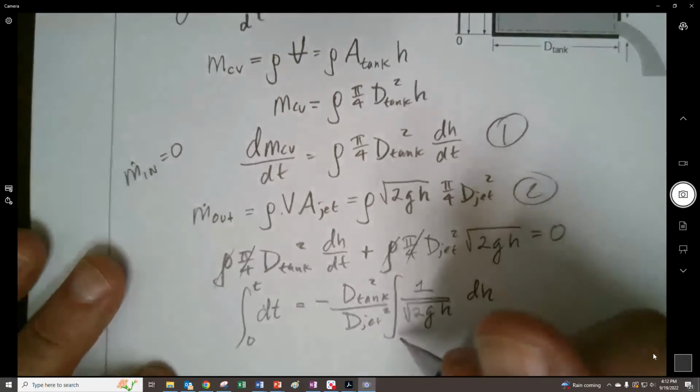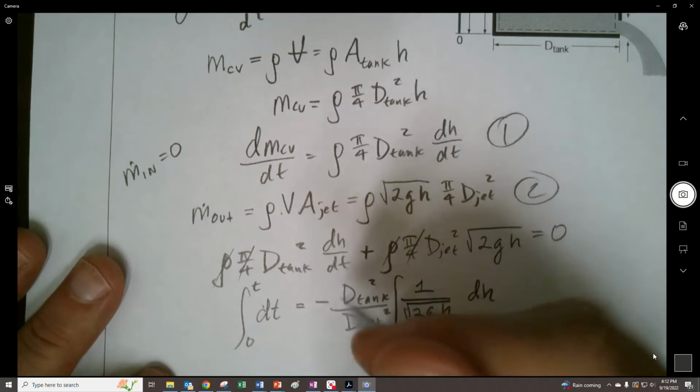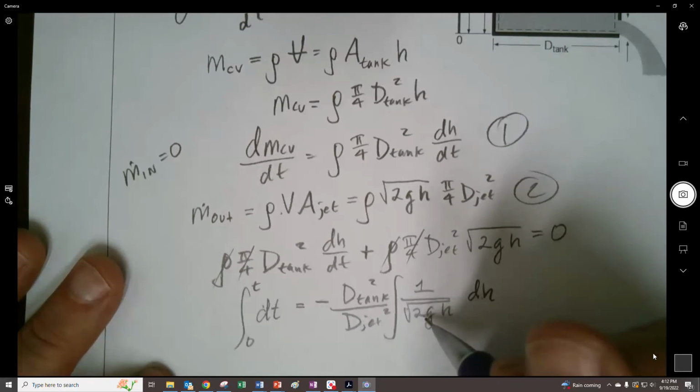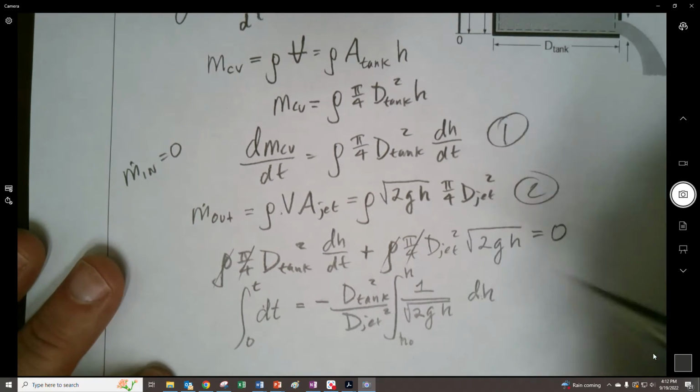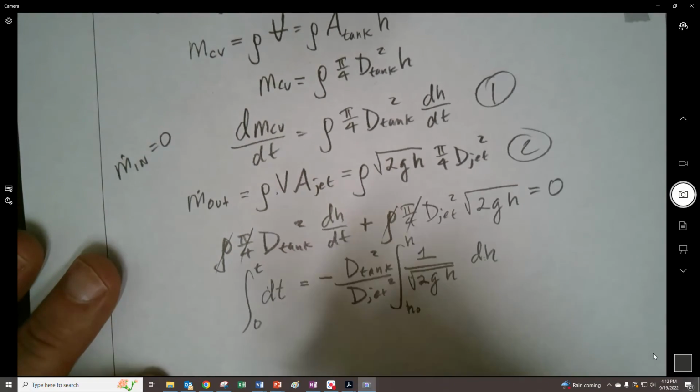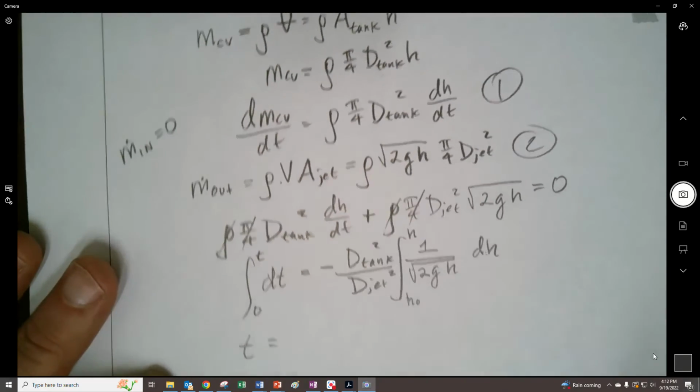So generic time, and then I'm going to start with this guy. And notice it's going negative, so that's going to help us here in a second. We're going to get rid of that negative by way of this integration, by the nature of the problem. We're going to go from its original height to its final height. So we're just going to get time over on the left-hand side,